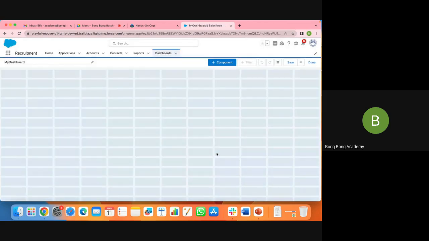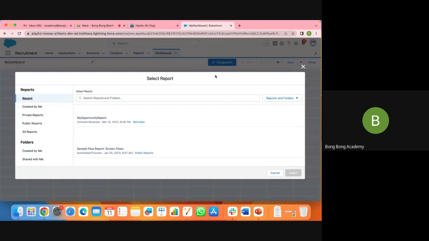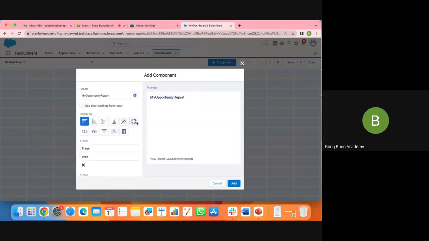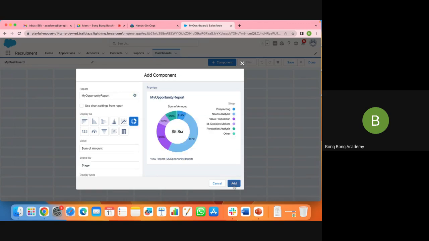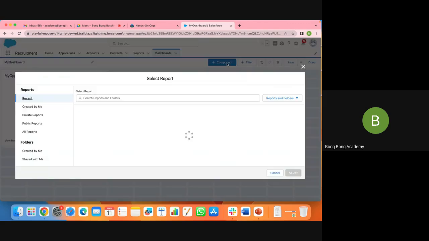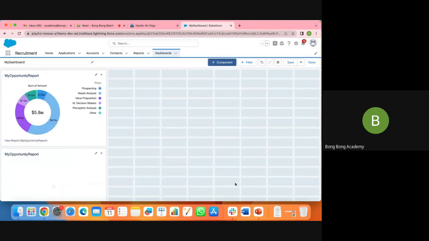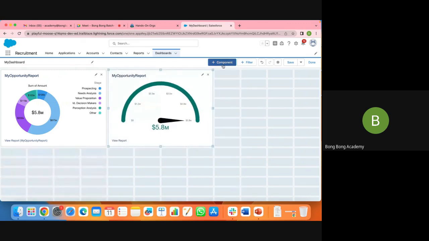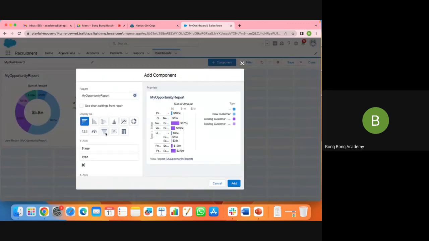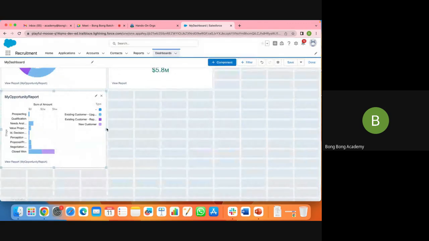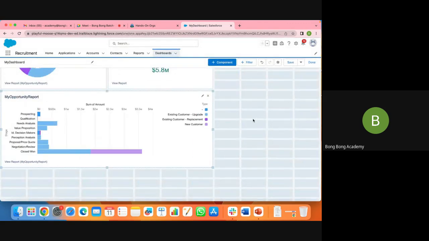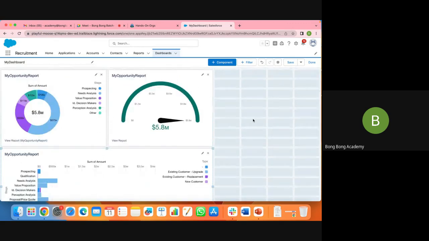এবার এটা একটা ক্যানভাস, and here you can add components. এই কম্পোনেন্টস যেগুলো অ্যাড করবে এগুলো সব রিপোর্টস থেকে আসতে হবে। So I have just created my report, and this report, because it is a summary report or a matrix report, I can put any kind of chart on top of this. আমি এই চার্টটা ইউজ করলাম, বসিয়ে দিলাম। এই রিপোর্টটারই মাল্টিপল রিপোর্টস আমি ইউজ করতে পারি। দেখো কত কিছু আমি করতে পারছি, একই রিপোর্টটা দিয়ে। So I can have multiple charts to represent my data, and এটা আমি যেভাবে খুশি আমার সুবিধা মতন তৈরি করতে পারছি।